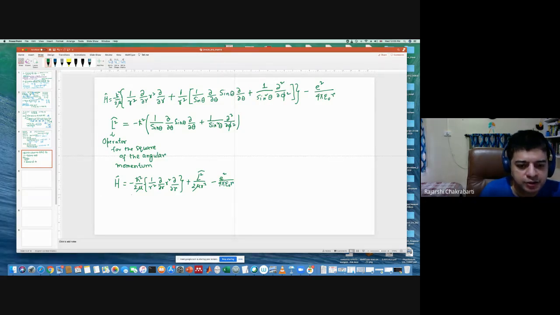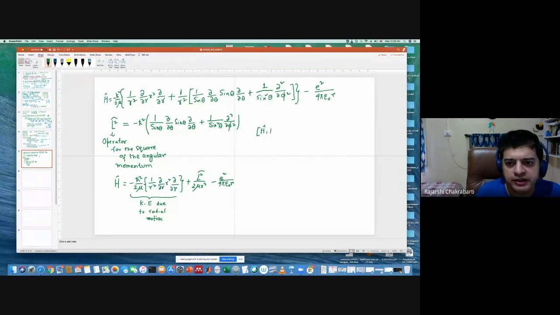And this is now very simple. So what is this? This is the kinetic energy due to radial motion. This operator corresponds to the kinetic energy due to radial motion. Now, if I ask you this question about the Hamiltonian,